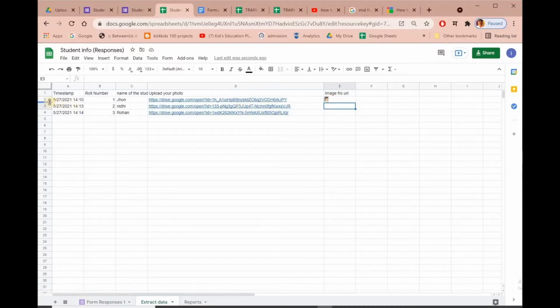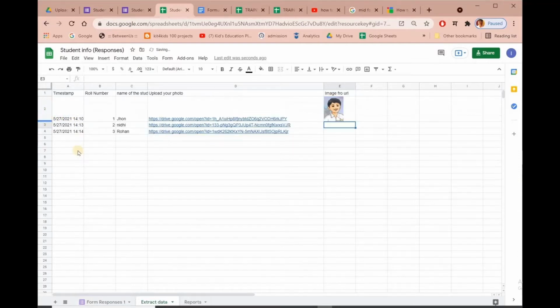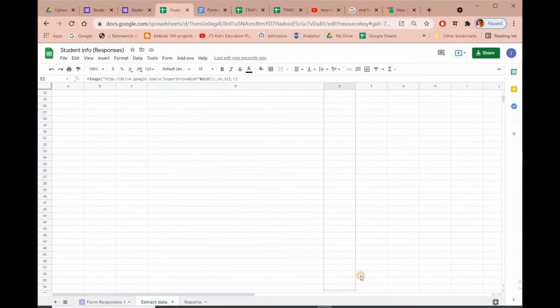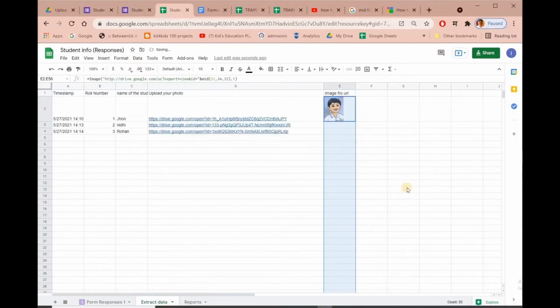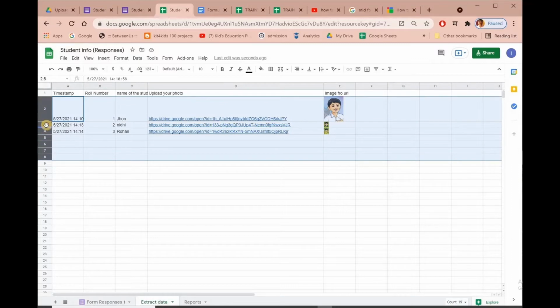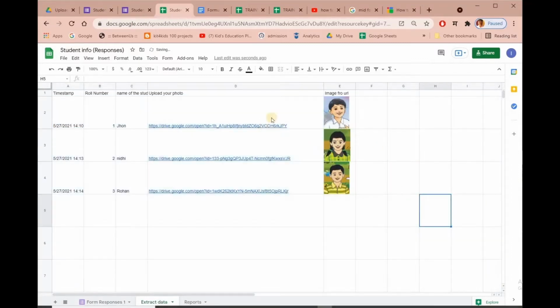Okay, so I will increase the height of the column so you can view it. So I will copy down the formula and you can see that we can view it. Now all the image files are visible.